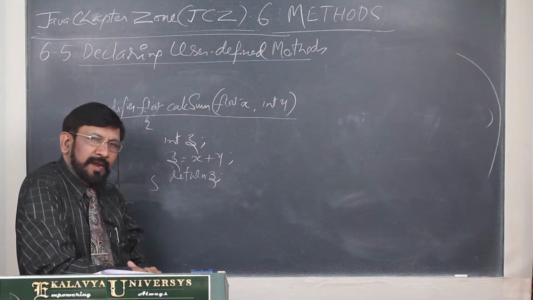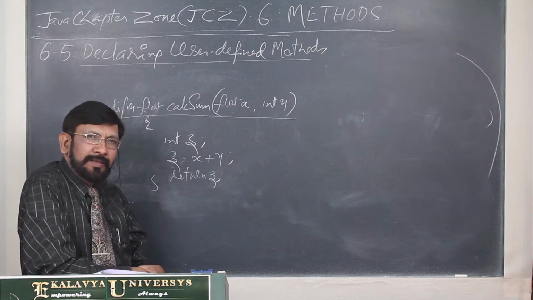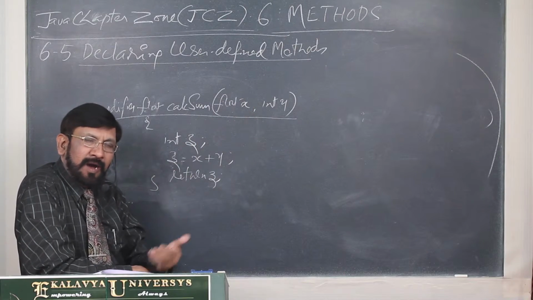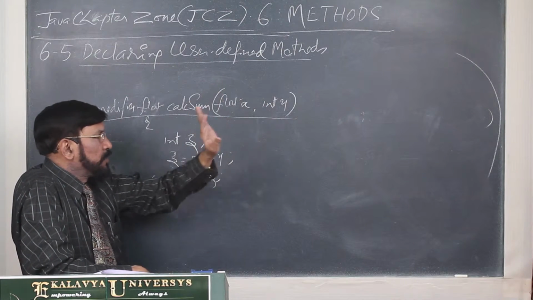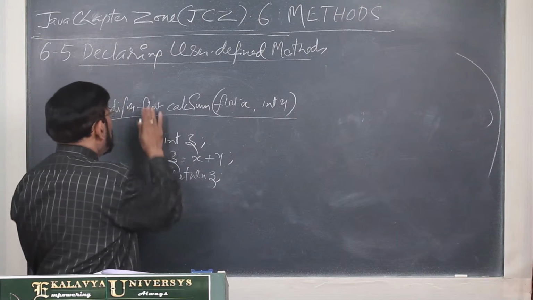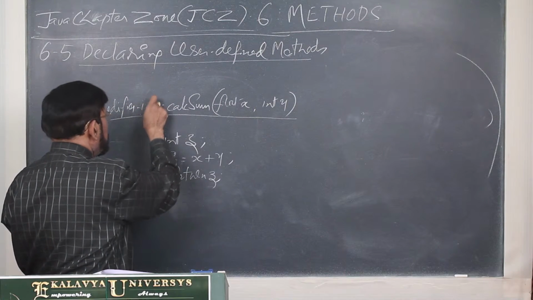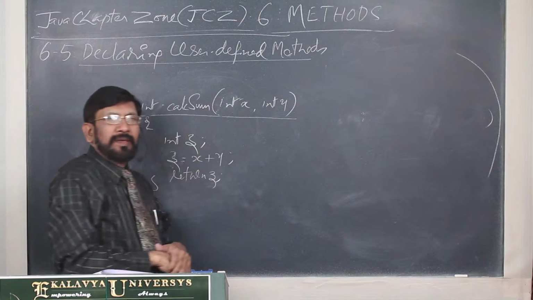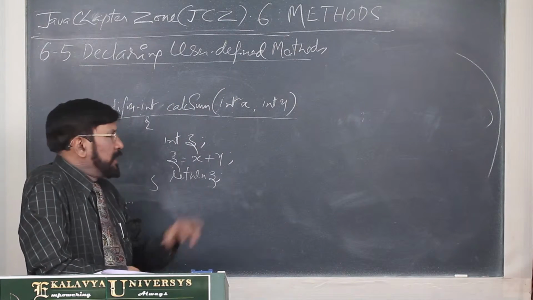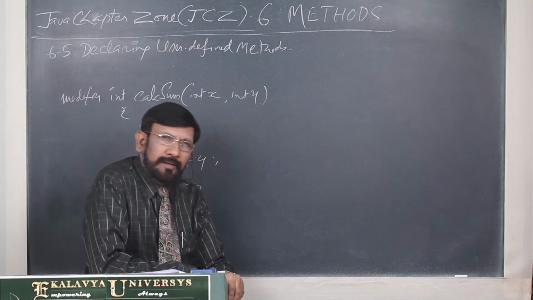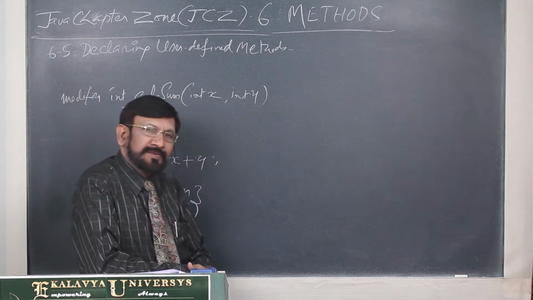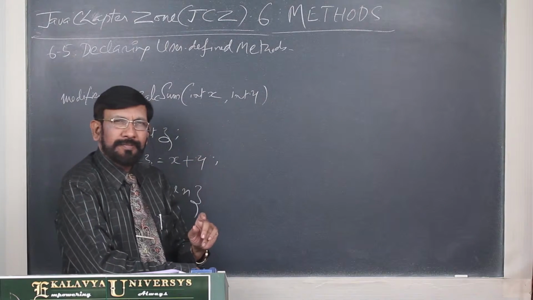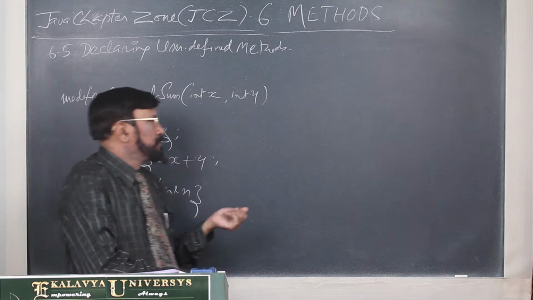These are called params list, parameter list. This parameter list is meant for receiving the copies of the values and storing them temporarily. Originally what I have written, int... actually, here one difference is there. Parameter list. Now, let us see how this method is executed and returns a value.